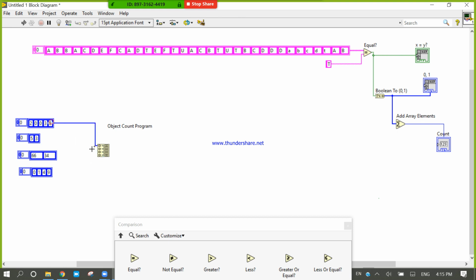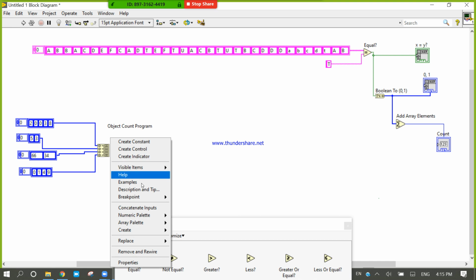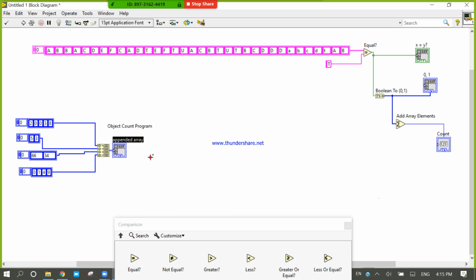Make a connection like this. Now right click, create indicator. So it is appending the array. You will get a 4 cross 5 2D array.